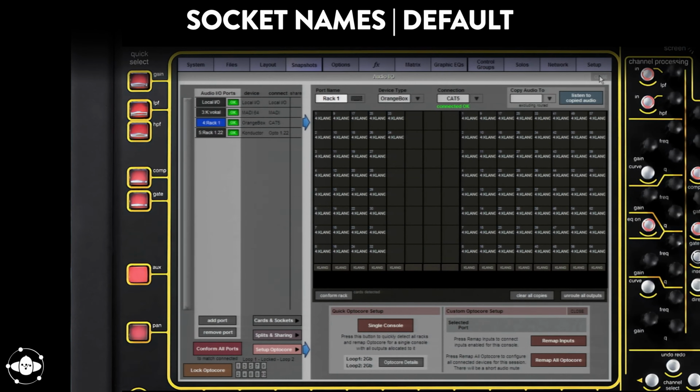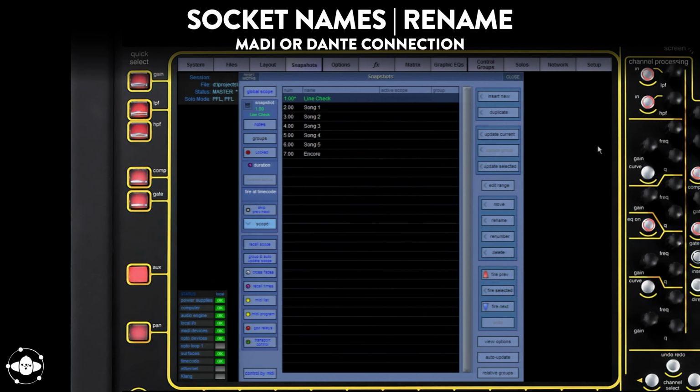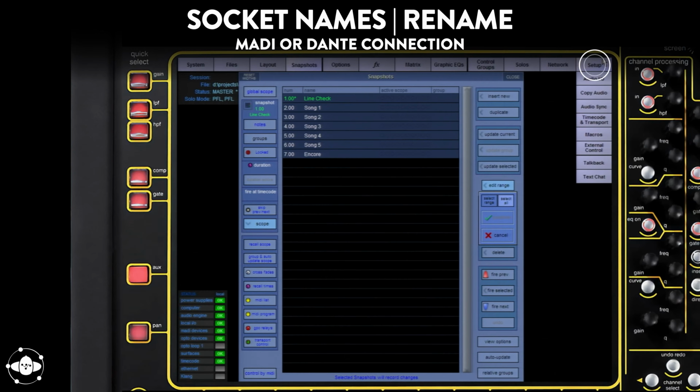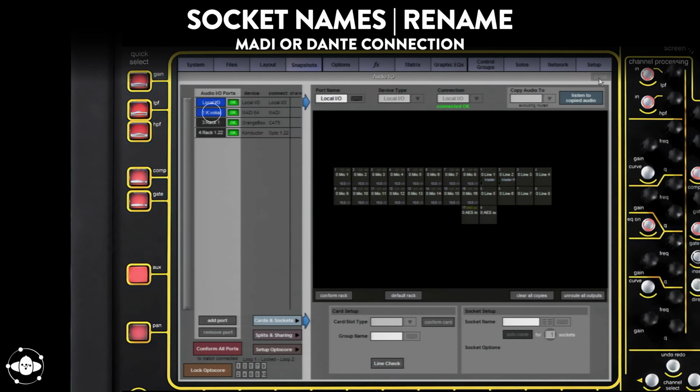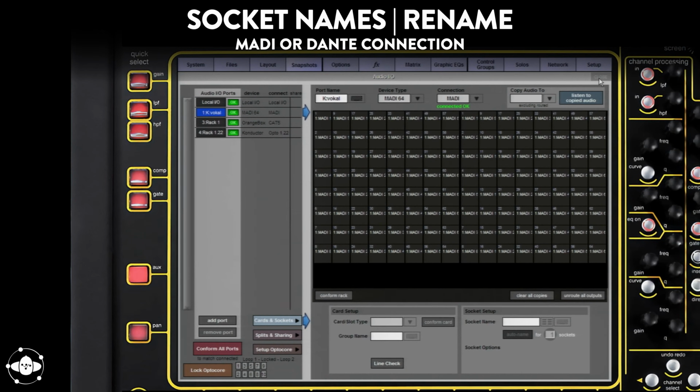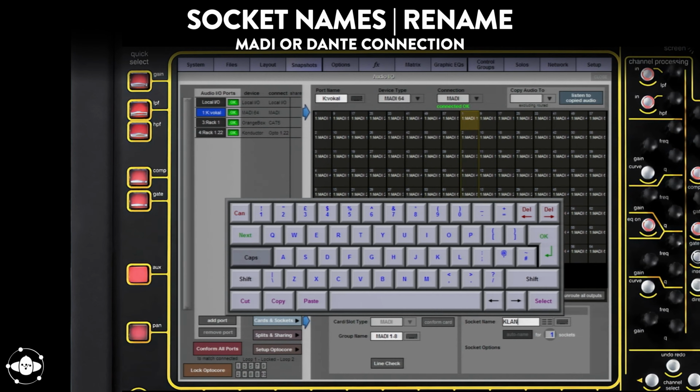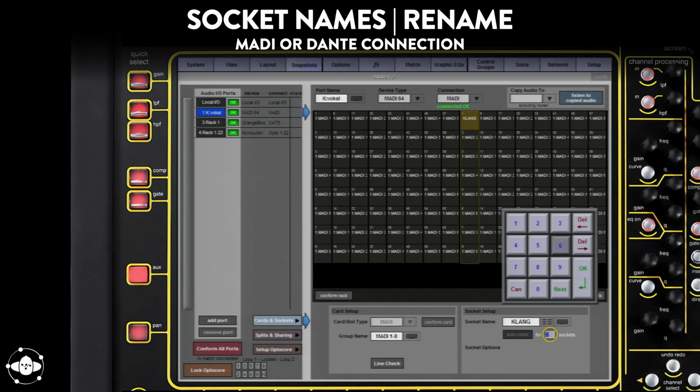In case our processor should be connected via MADI or Dante, we need to let the console know that Klang is on the other end. As we want this to be done in all snapshots at once, we're going to use the added range function. Now we're going to name the ports Klang 1 to 64 on both send and return side.